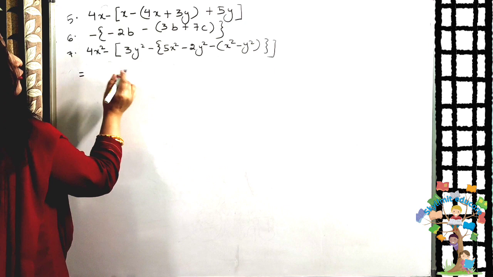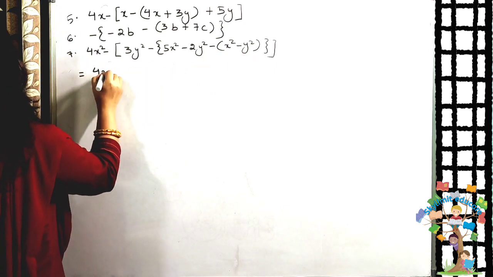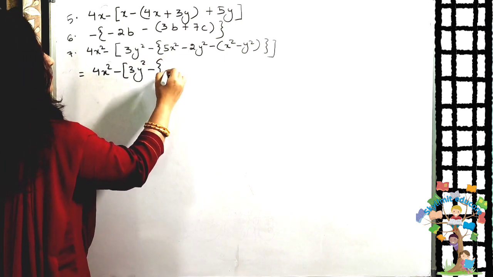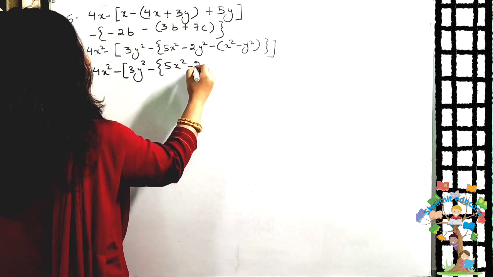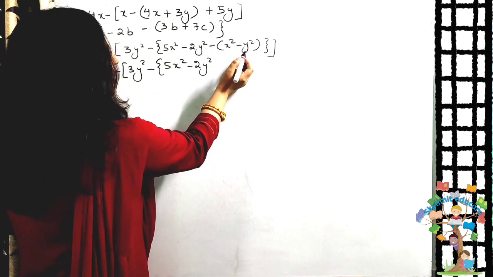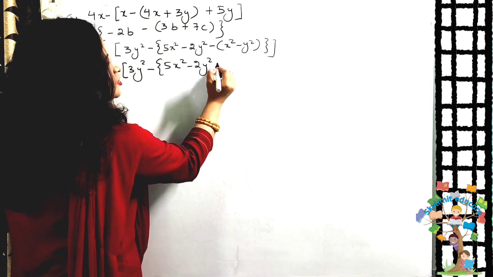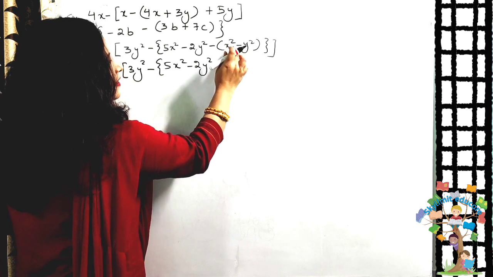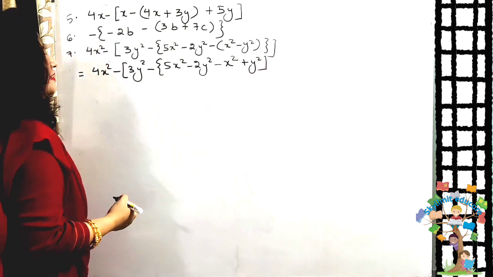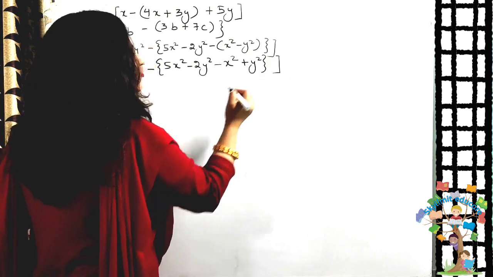See, students, now our focus should be this common bracket. Okay? Write everything as it is. 4x square minus 3y square minus 5x square. I am simply copying down up to this much. And I will open this bracket. Before opening, I should check what sign is there outside. Minus sign is there outside. That means this plus x square will become what? Minus x square. This minus y square will become what? Plus y square. Over. Yes, so the curly bracket I left. So the common bracket is removed now.